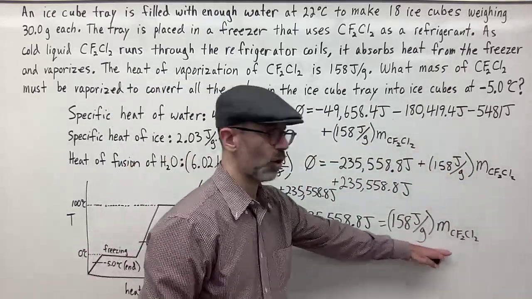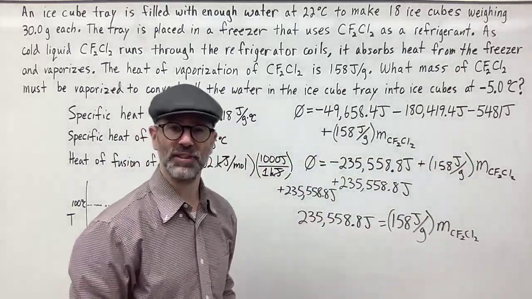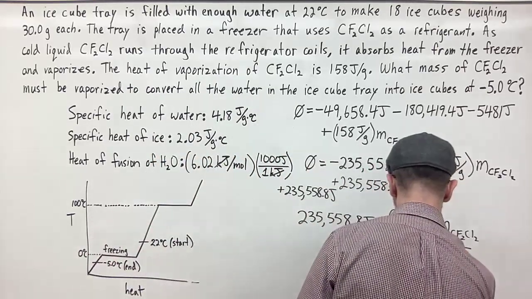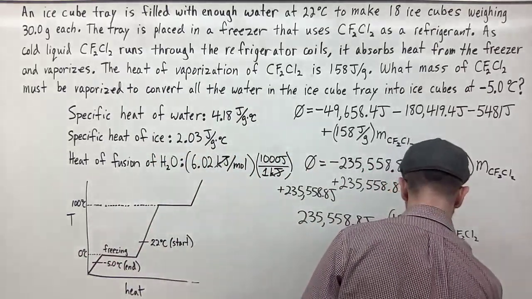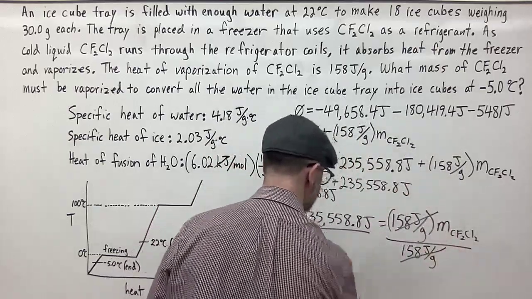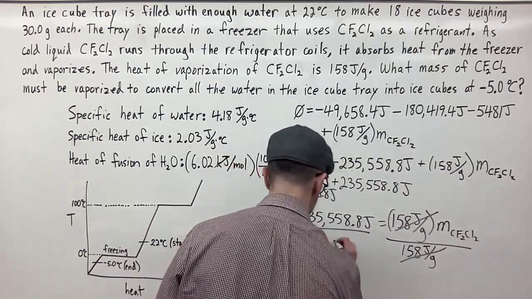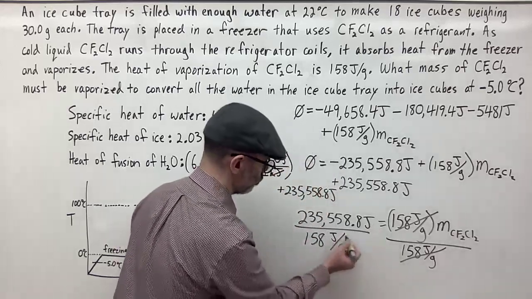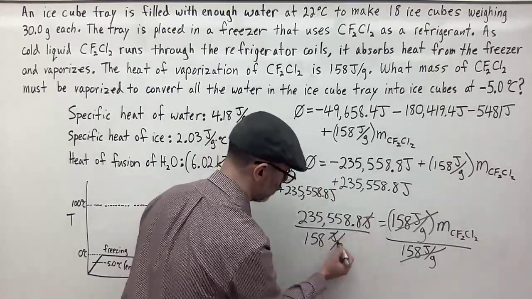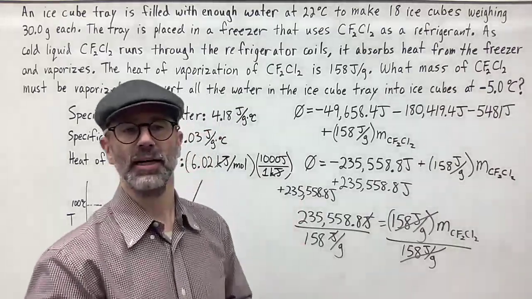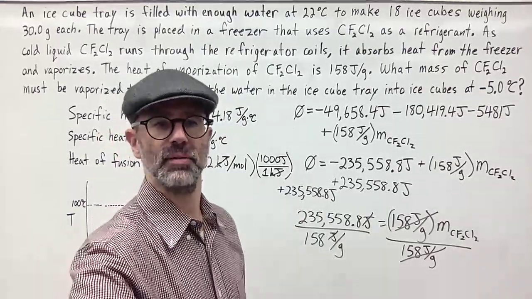Now all I need to do is divide both sides by 158 joules per gram. Joules here and joules here cancel out, leaving me with grams. So when I divide this, I get my answer, and it is